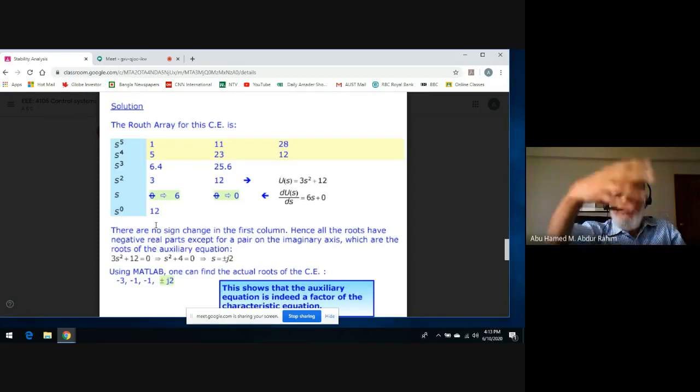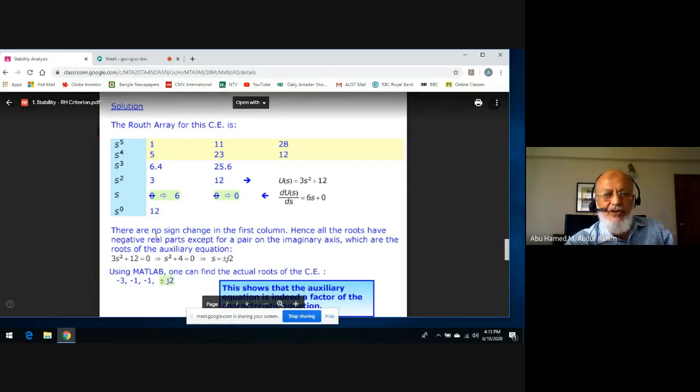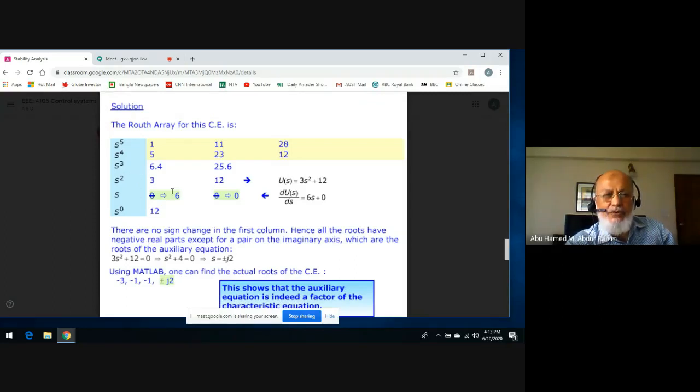But there is a but. It's not like the other cases, it's not the routine cases, you noticed, because you had to go through all this. But what? We get some additional information. It is true, what you got is right. No roots on the right of S plane, system is stable. But additional information we get is like this. Look at this. 3s square plus 12, and 3s square plus 12 will give you the sum of the roots of the characteristic equation.